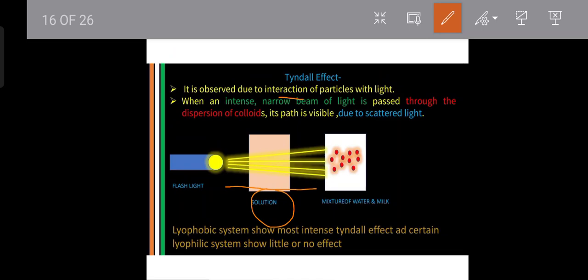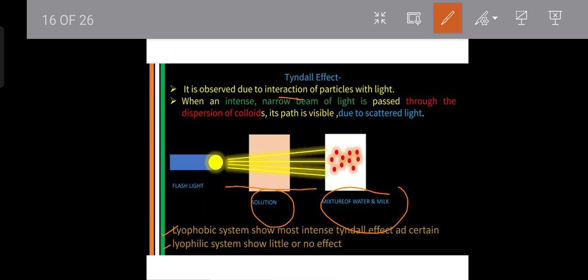This is the homogeneous mixture. But this kind of mixture of water and milk, this is the heterogeneous or polyphasic system. So that is the point. And one also important point is written there, that lyophobic systems show the most intense Tyndall effect, but the lyophilic,